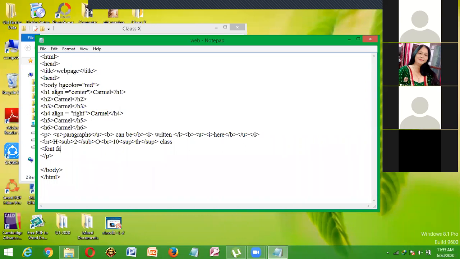Now what is this font face? Font face is the way you write things. For type, we'll use monotype cursive. Close it, and write down curve. Then again, we can write down